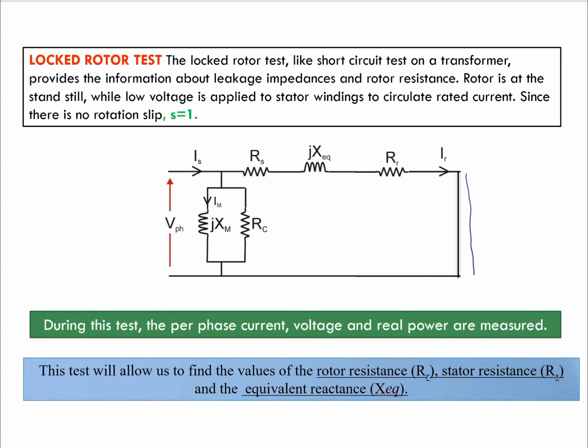This will provide us the information about leakage impedances and rotor resistance. The rotor is at standstill while low voltage is applied to the stator windings to circulate rated current. Since there is no rotation in this condition, the slip is equal to 1. During this test, we will also be able to measure the per-phase current, voltage, and real power values, and these